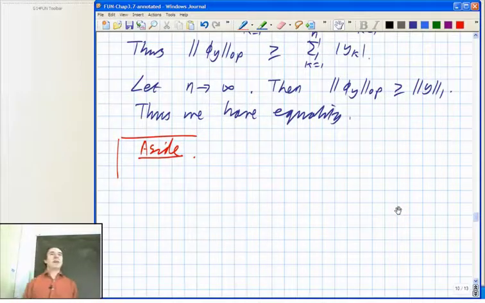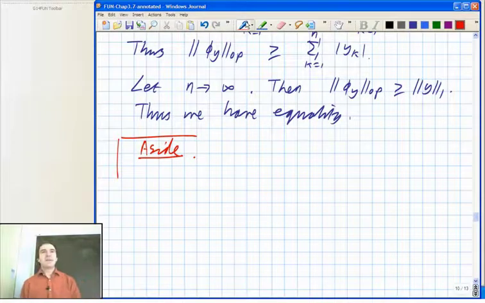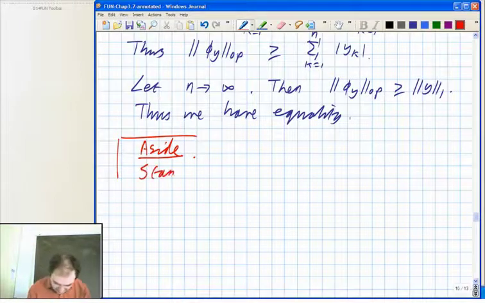I didn't tell you about the standard unit vectors in these spaces. There's a slight irritation on the notation, but I think I will have to go with the standard notation on this. So, standard unit vectors